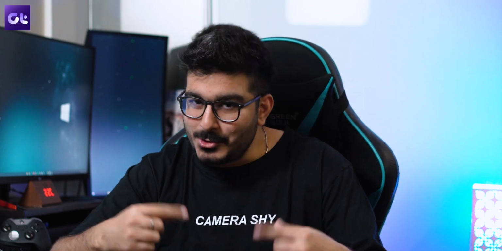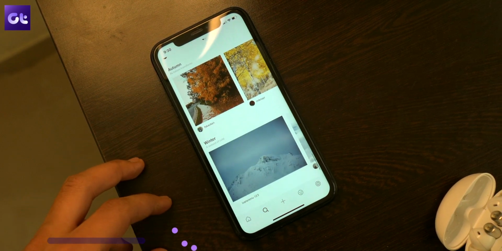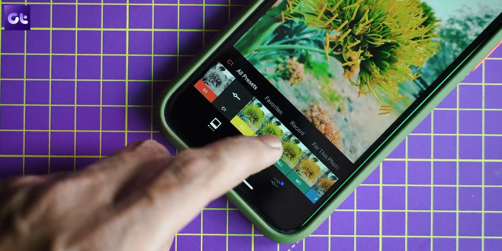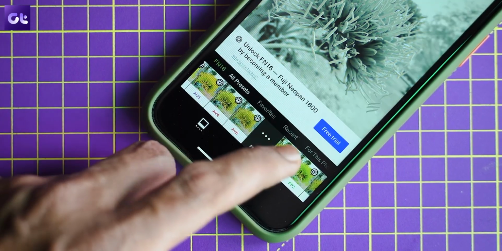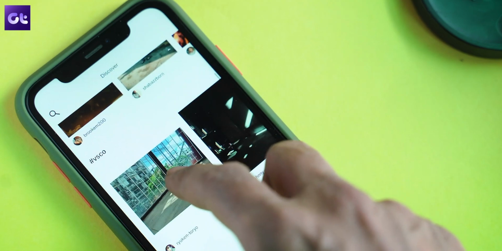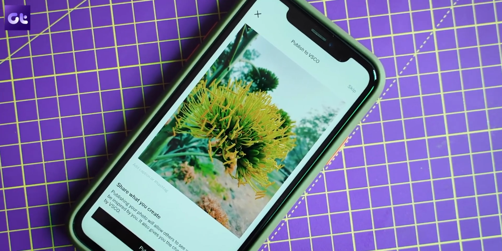Next up, we have VSCO, which combines a camera, a community and some editing features all inside one tool. But that's not the reason why I'm including this thing. I prefer using VSCO simply because of the filters that it comes with. Of course, the app also has standard editing tools like adjustments, cropping, borders and vignettes. That said, VSCO provides a ton of stunning filters. These are soft and subtle filters that add a touch of class to your photos compared to many heavily filtered Instagram presets. And like I said, the community is there too. So if you want to share your great snaps and shots, I feel you would find VSCO's community much more engaging as compared to Instagram, simply because it's built around photography.